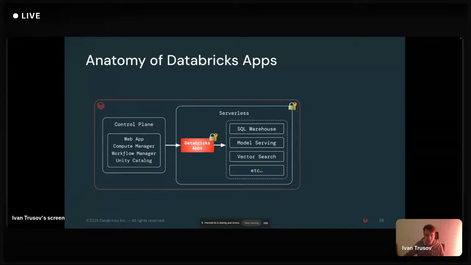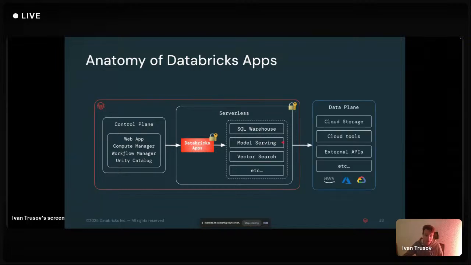Then finally, the serverless compute will reach out to the data plane, which is your cloud account, and read from the cloud storage or from other external APIs. The connectivity between the Databricks serverless plane and the data plane is a wider topic. I will not touch upon it today, but if you're looking for assistance on that, please reach out to your account teams. We're happy to explain that in detail too.